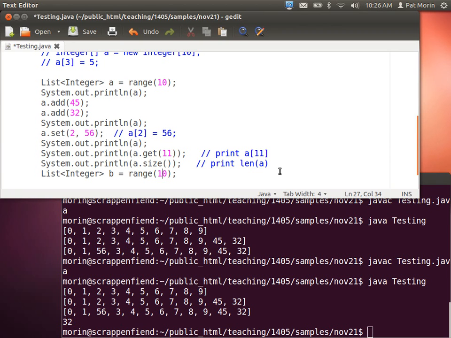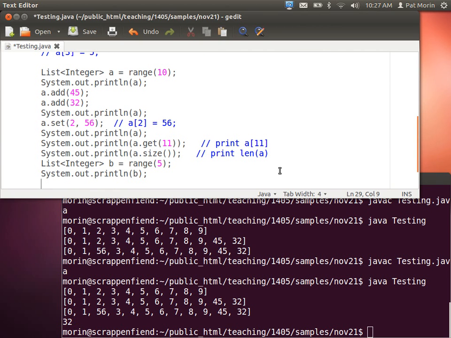So let's take a range of 5. So b is the integers 0 through 4. And now you want to add a and b. So what does that mean exactly? You want... Okay, so you want to change a? That's not exactly what happens when you add two lists together in Python. It doesn't change either of the two lists. But sure. Okay, so let's then say